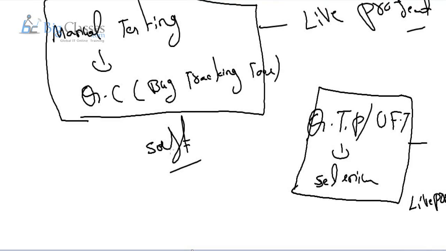And for QTP, do we go for basic commands, intermediate or advanced? By the end of the course, you can put 7+ years of experience on QTP. In my career, I have trained 700+ students, so on QTP it's not an issue. You can 100% keep 7+ years of experience on QTP.